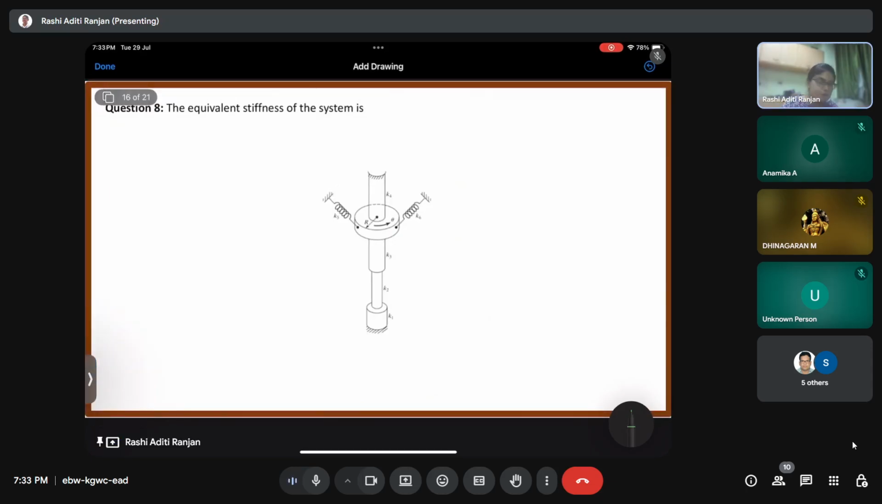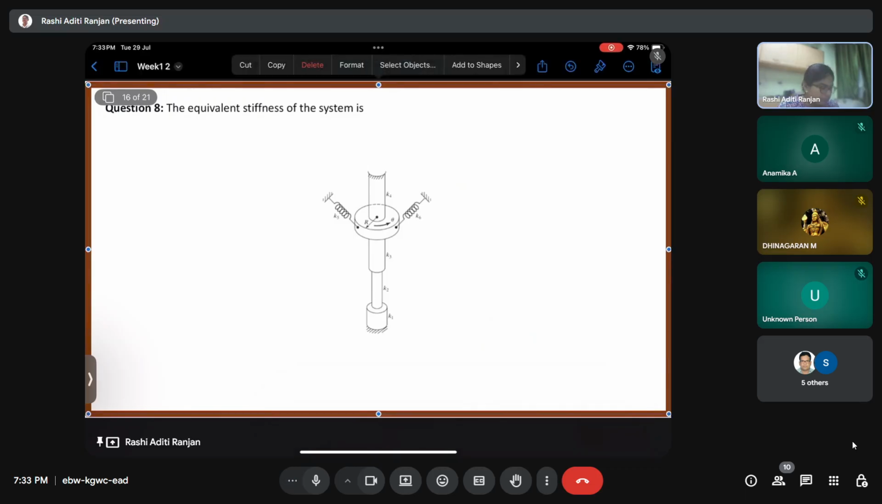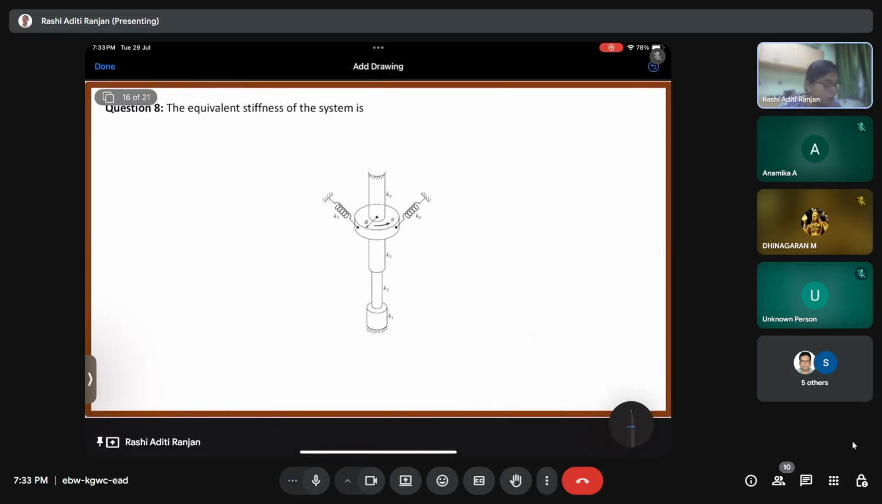So coming on to question number 8. Here we have a torsional system. So how do we deal with a torsional system? The first thing is that in case of torsion,